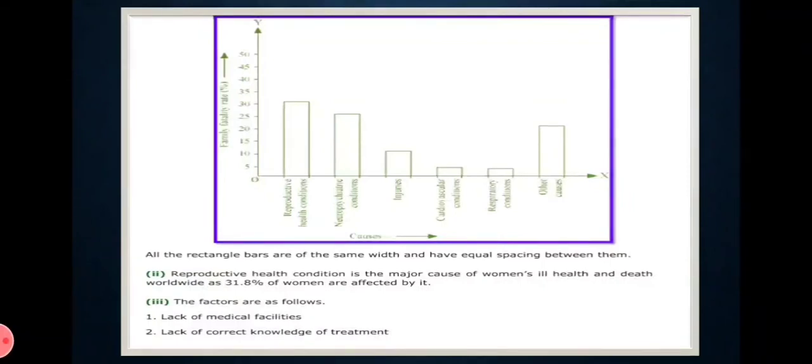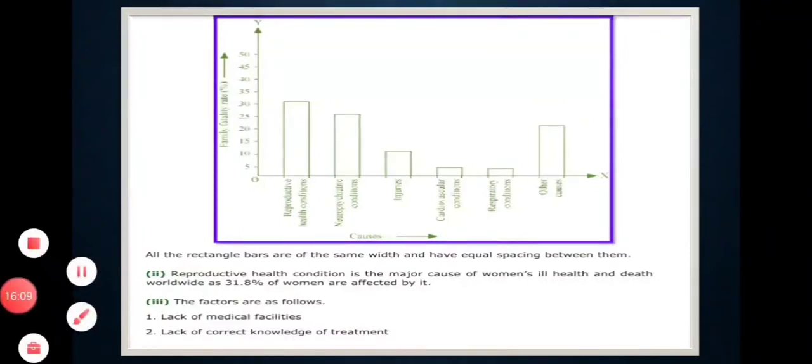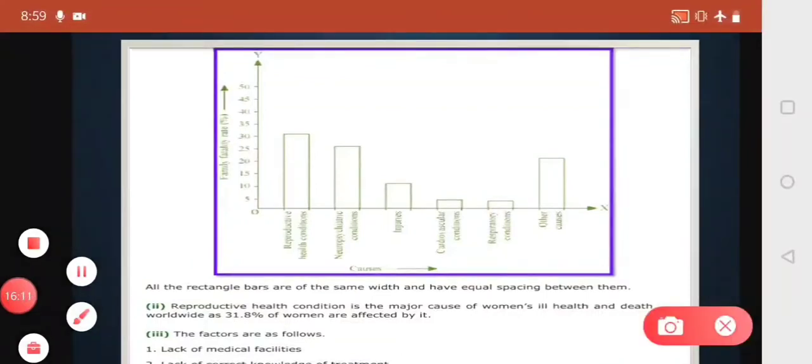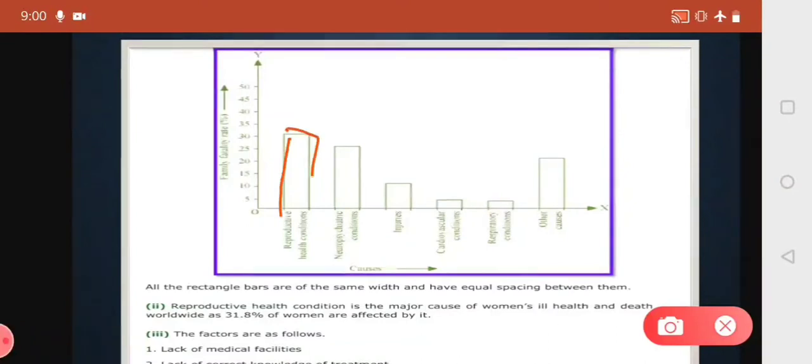Then for the next cause, the given rate is 25.4. Again you will make a bar till 25.4, that is 1 line more than 25 you have to create. Here it is given, see, this is the bar for the first, like this, and you have to use the scale and properly make the bar with equal length.